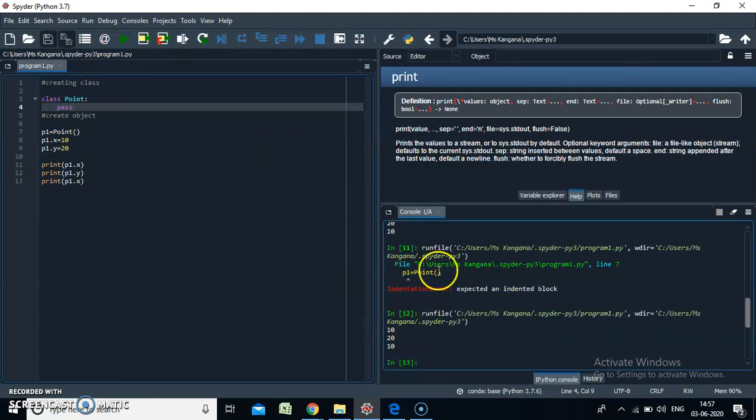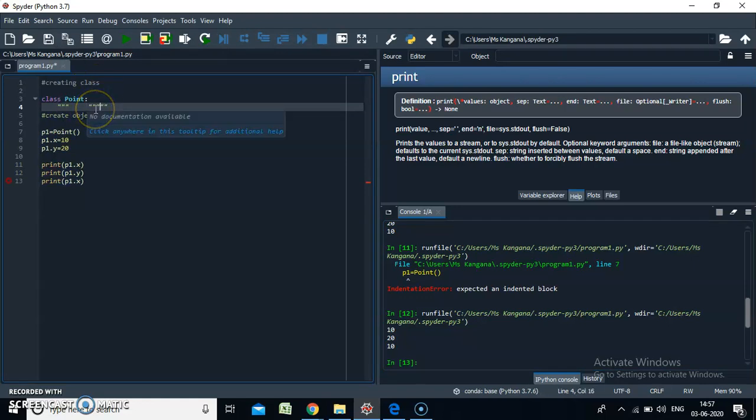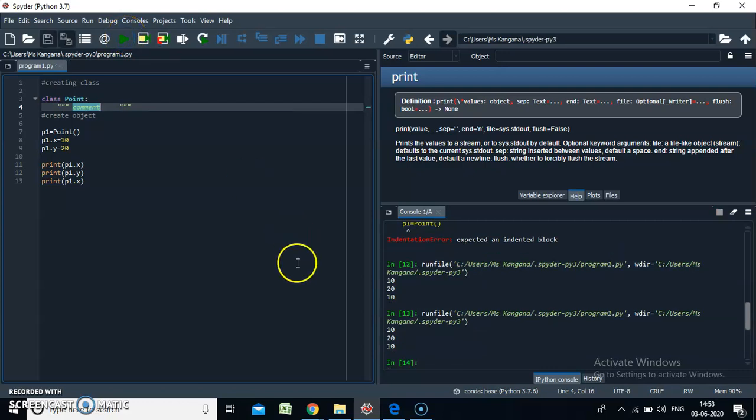You can see in the previous case I was getting an error at p1. Now I'm not getting any error, so it is going to execute. If you don't want to write pass either, you can give a comment also. Even that will work. I have given a comment, that is three double quotation marks, some spaces, and three double quotation marks. That is what you can write as a comment. It is not going to affect anything. So if I run it, see, it is going to execute.